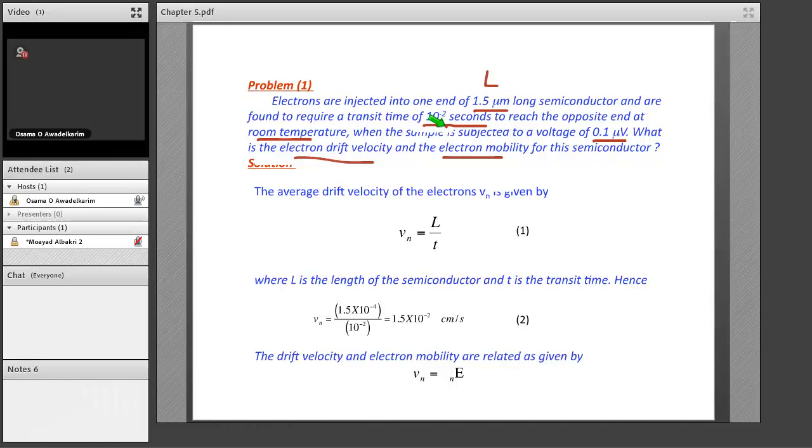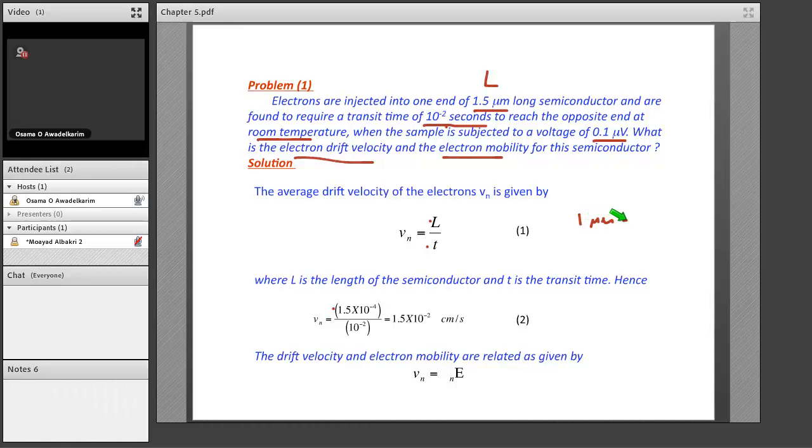That gives me the average velocity. So Vn is equal to length L over the time t. So if we substitute for the length L, 1.5 times 10 to minus 4